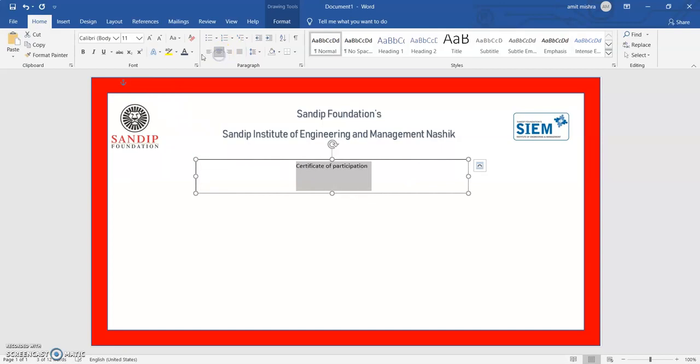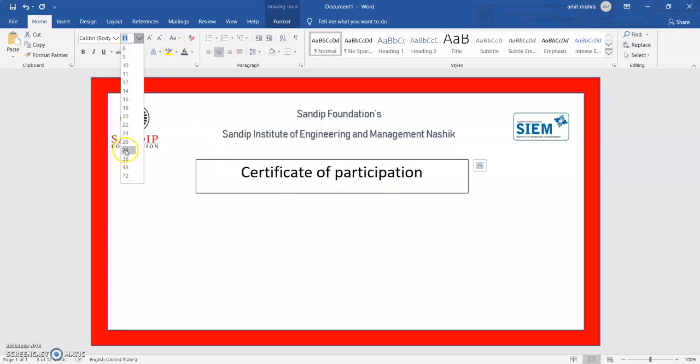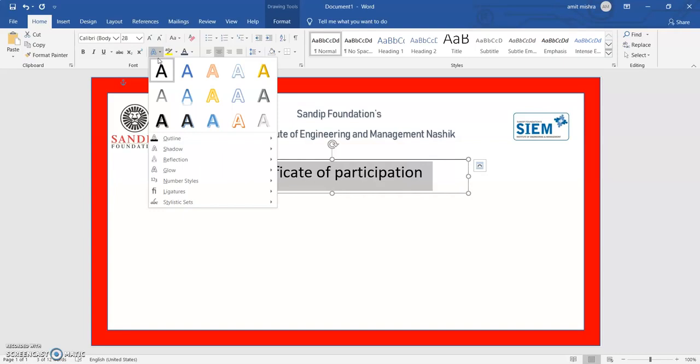I'll take it to the center and increase its font to something like 28. I will go on Word, there I will choose a particular option, anything based on whatever is suited over here.